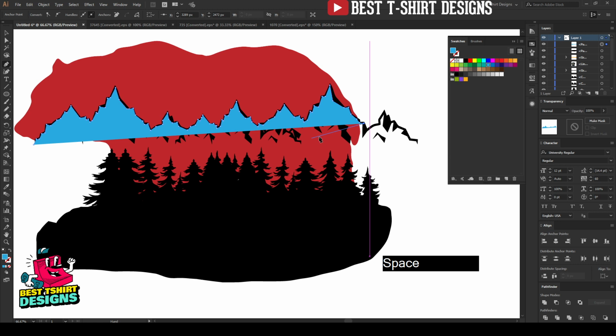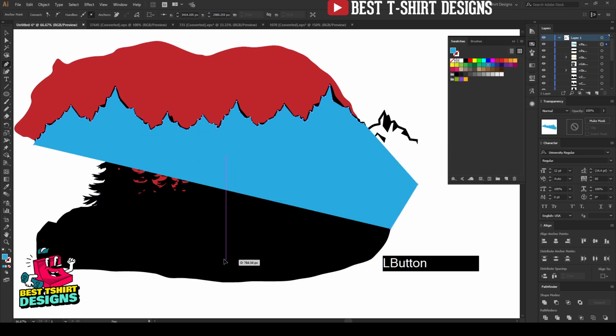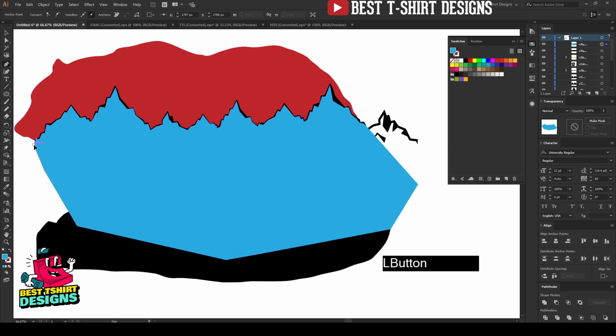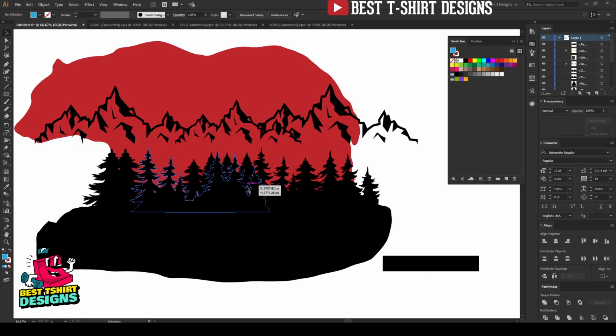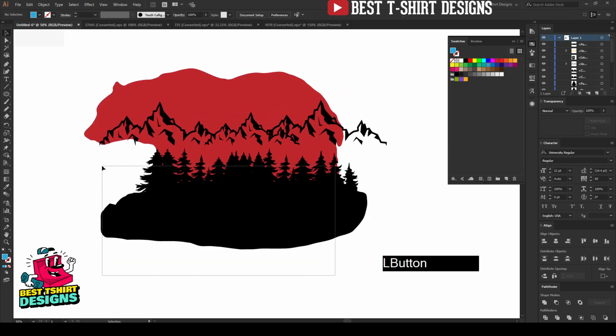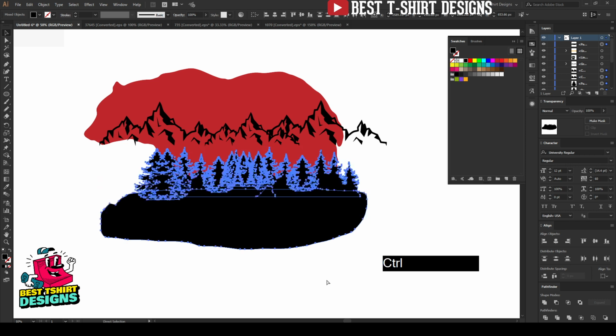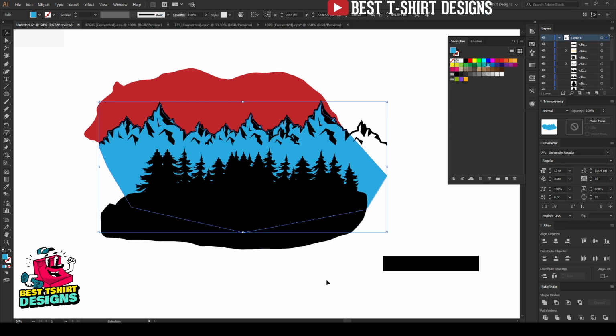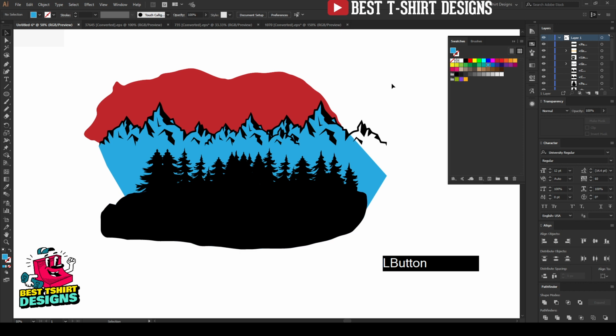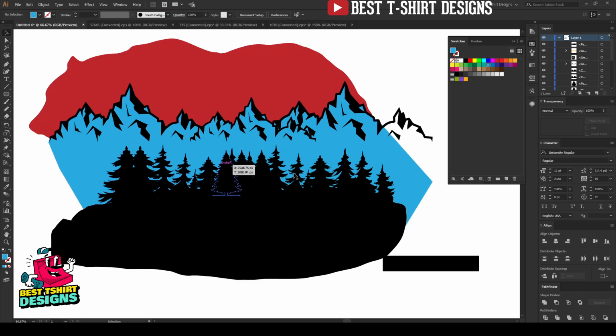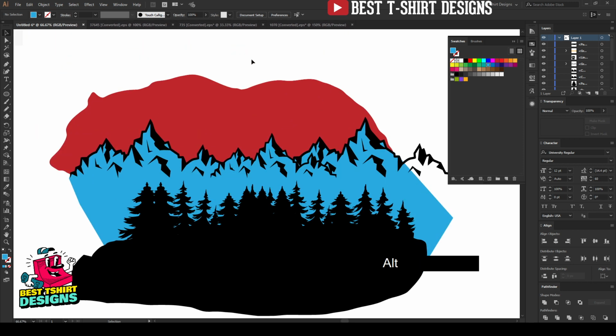Now I want to hide everything that is below this area, so I'm going to make a shape like this, then join it with my start point. So I'm selecting this blue shape, Ctrl X to cut. Now I am selecting everything that is the below part, this lower part, and without the bear. And then if I press Ctrl B, it is going to paste like this. So as you can see, it is now pasted just behind my mountains, and that is fine, I think.